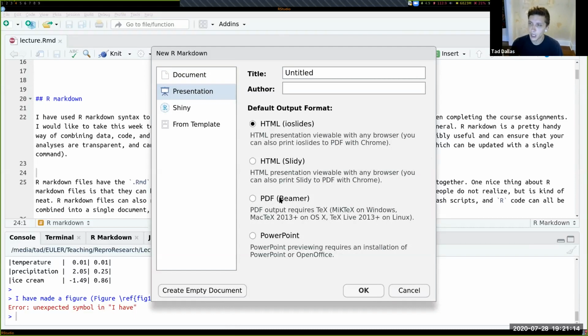Beamer is the traditional LaTeX presentation, and these will output as PDF, and these two top ones will output as HTML presentations, which some people argue is prettier in terms of its transitions and its allowing of embedded movies and GIFs and things like that, whereas you can't really embed movies or GIFs that successfully in PDF. So there are workarounds.